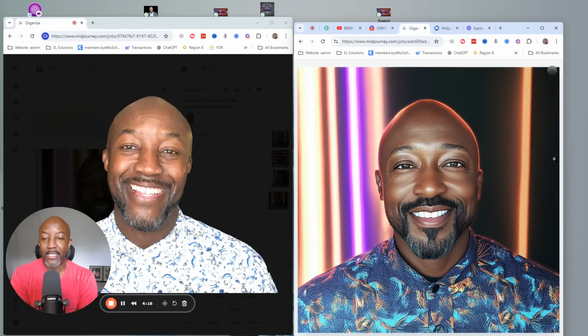That one kind of feels like me. It even caught my big hair, which is kind of, look at the lump. I just noticed it's caught that little lump I got here on my head, which is kind of cool. So it really did capture it. Again, makes me look a lot better than I did in the photos. But I mean, now we're starting to get somewhere.